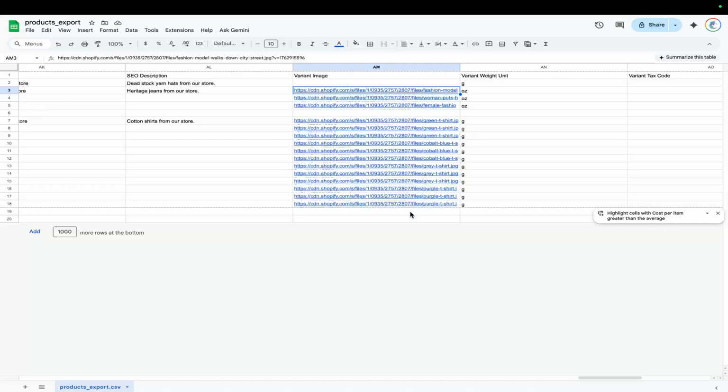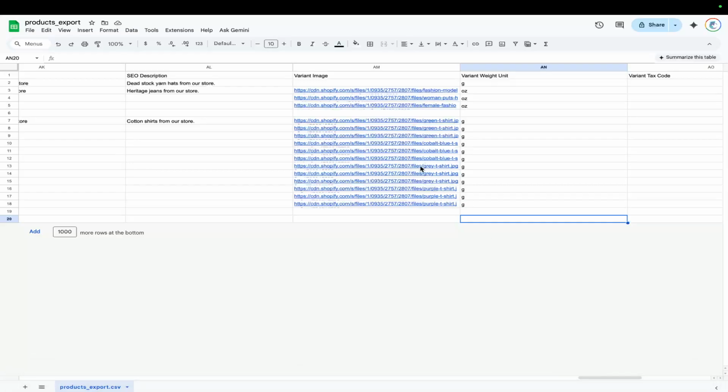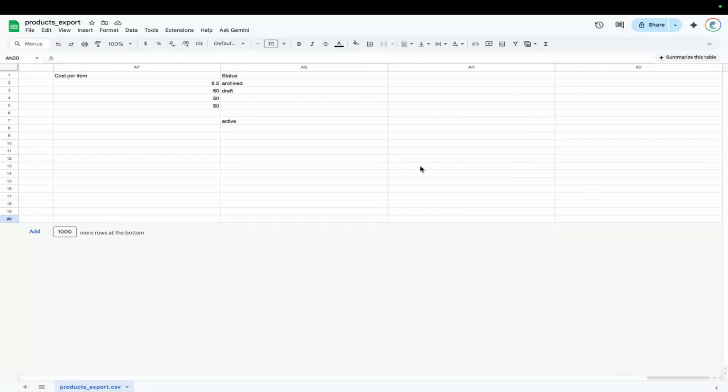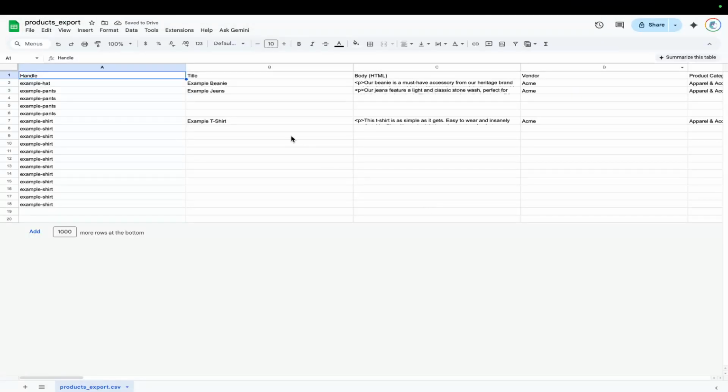Even if you took it from a competitor, I'm not saying you should go to your competitors and take their product images, but even if you did take it from a competitor, any image links you put here will actually automatically become Shopify image links, okay? So you only need to know these basic things to basically be able to do whatever you want with